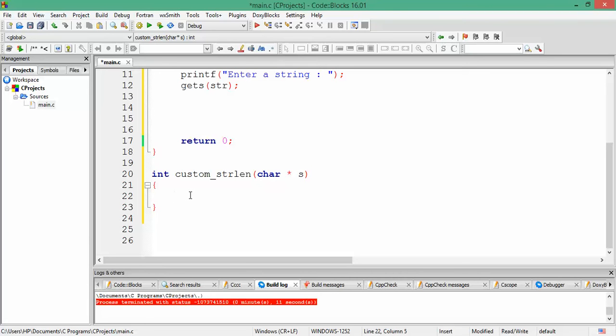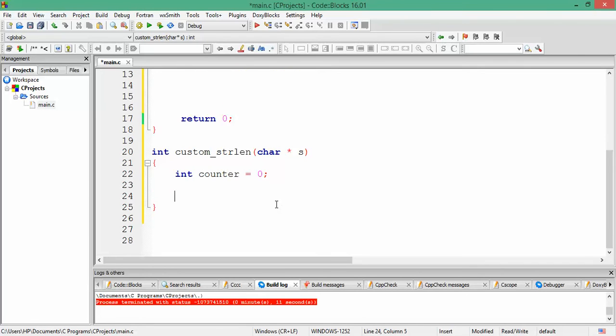Now inside this function we are going to have a variable, say counter, in which we are going to store the length of the string. Let me initialize it with 0. Now the logic of calculating the string length is like this: at the beginning s is a pointer pointing to the first character of the string. We would have a loop in which this counter would be incremented as many times as there are characters in the